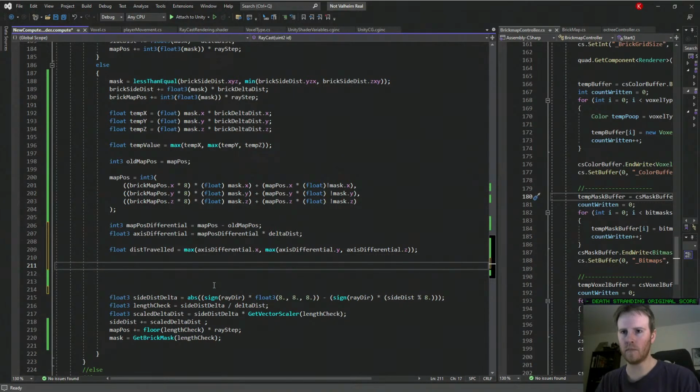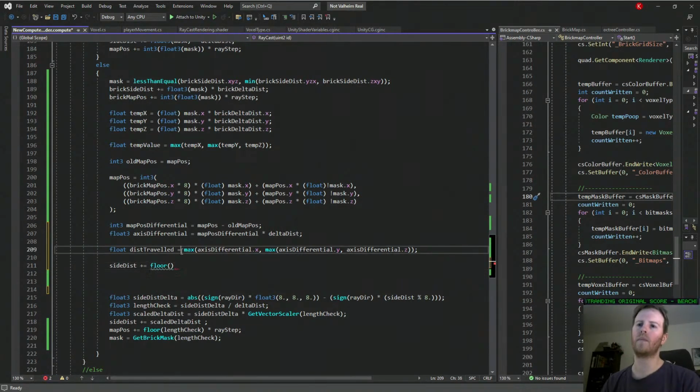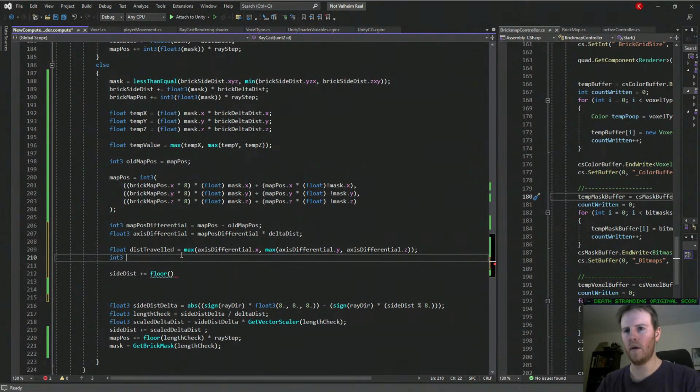There, and then we do side dist plus equals floor int 3 map pos to add equals